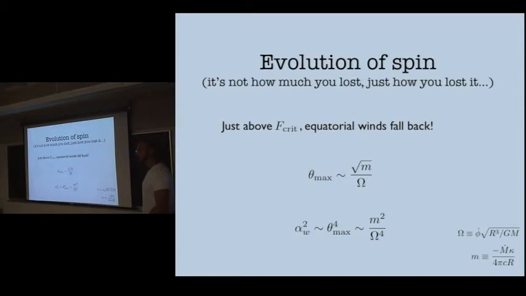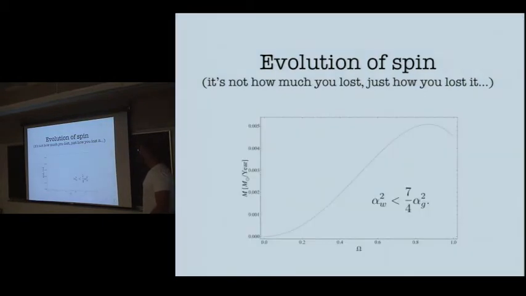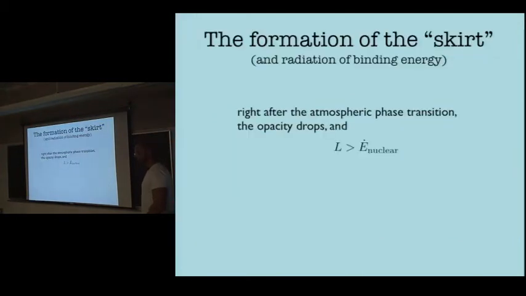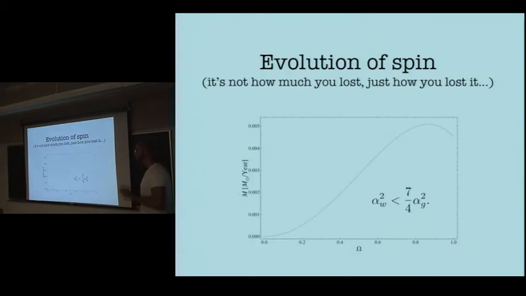And for the case of eta Carinae, what we found is that for the values of mass loss to the wind and initial spin, for values under this line, the spin-up condition is satisfied. And so the star essentially spins itself up just by losing winds, which are concentrated towards the poles. And so now we know how the star spun itself up, and the second question is where did the skirt come from? But so you're saying because the wind doesn't go to infinity,